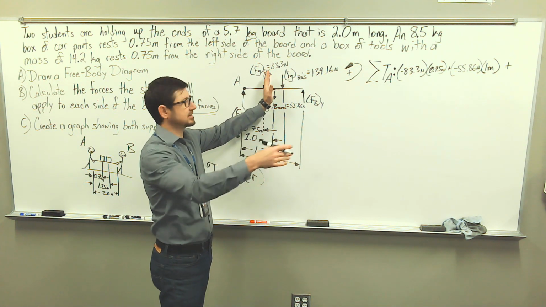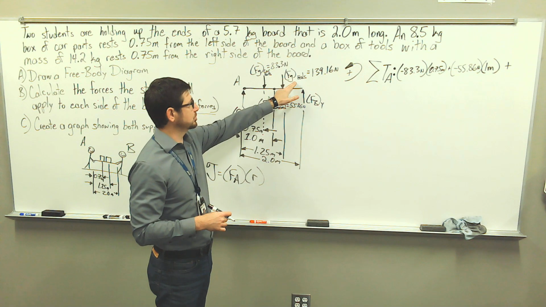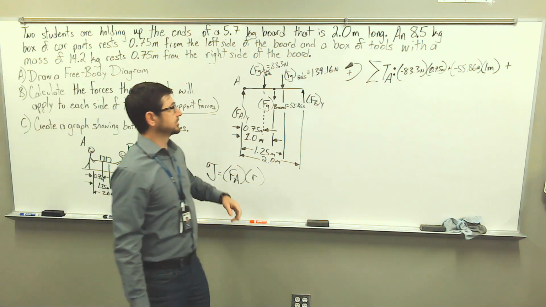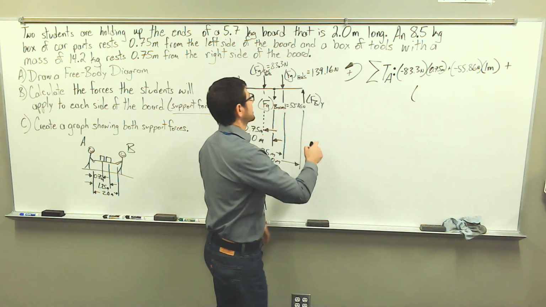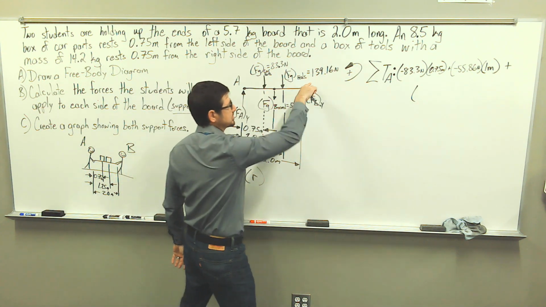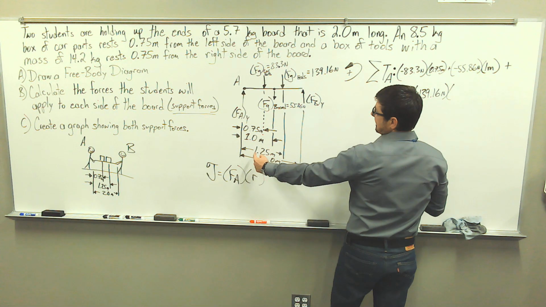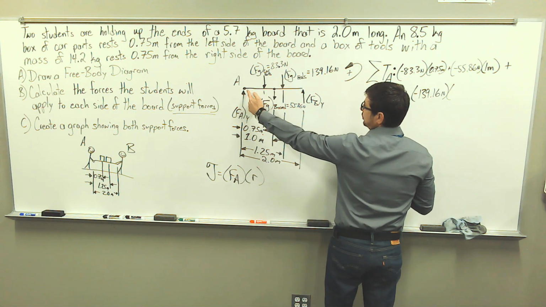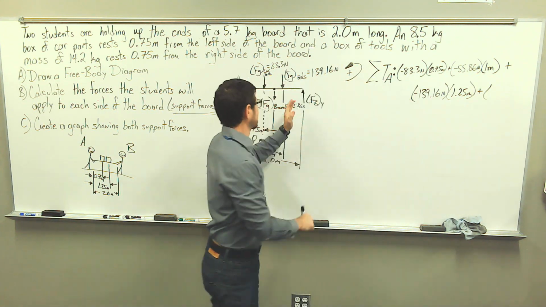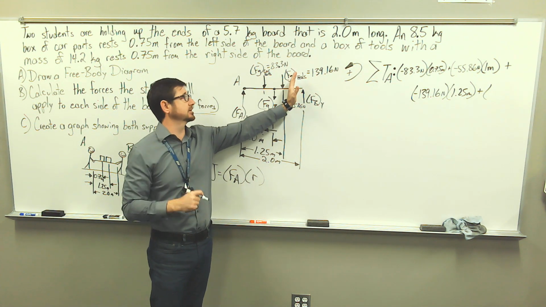We're going to move in a positive x direction until we encounter another force. So moving on, here we have another force. We have the weight force of the tools. Okay, so here we have the tools in our box. Okay, so plus, now we're going to have another force that's causing a clockwise rotation. So I have a negative 139.16 newtons, and we're at a position on the beam, on the board, with respect to point A of 1.25 meters, plus,